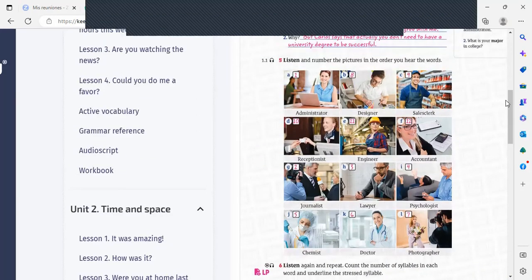1, Administrator, 2, journalist, 3, lawyer, 4, psychologist, 5, chemist, 6, doctor, 7, photographer, 8, designer, 9, sales clerk, 10, receptionist, 11, engineer, 12, accountant,